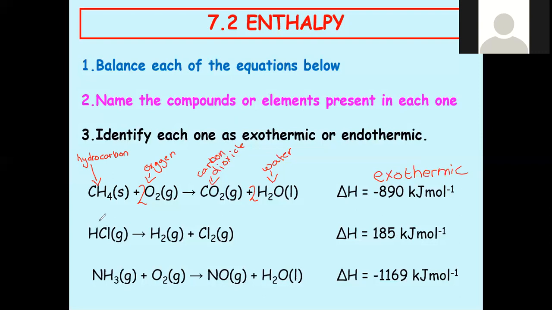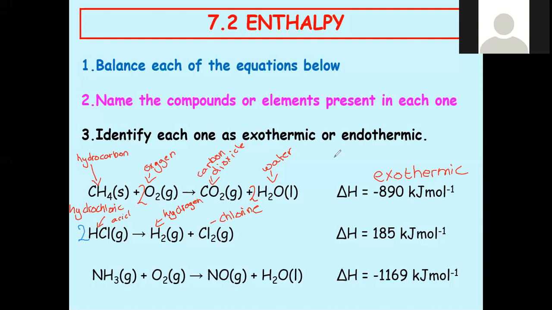Okay, we've got hydrochloric acid in this one. Actually, I'm going to name them first this time. It makes more sense. So we've got hydrochloric acid, hydrogen, and chlorine. So we have got 2 chlorines, 2 hydrogens, 1 chlorine and 1 hydrogen. This is actually a really easy one to balance. I'm going to get a different colour pen. Just going to stick a number 2 at the front. So now we've got 2 hydrogens on this side, 2 hydrogens on that side, 2 chlorines on this side, 2